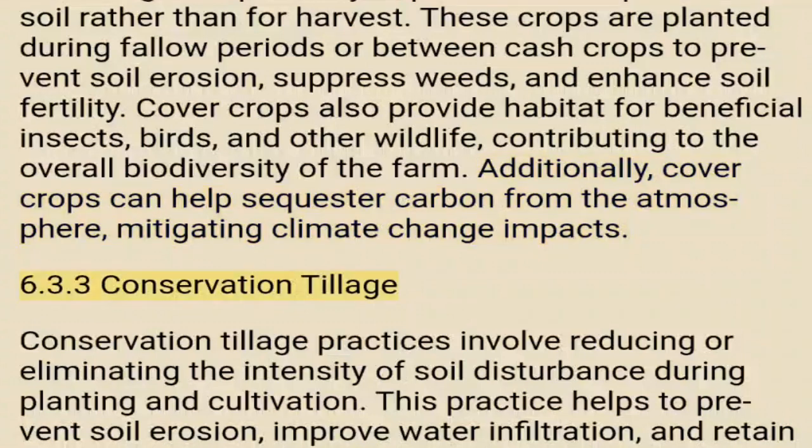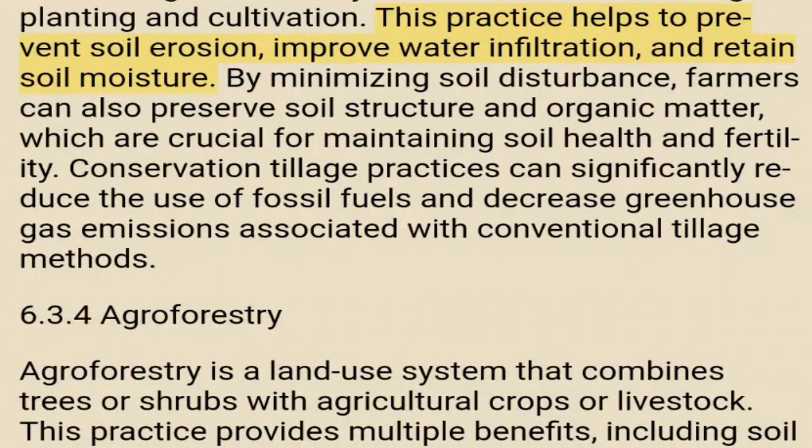6.3.3 Conservation tillage. Conservation tillage practices involve reducing or eliminating the intensity of soil disturbance during planting and cultivation. This practice helps to prevent soil erosion, improve water infiltration, and retain soil moisture. By minimizing soil disturbance, farmers can also preserve soil structure and organic matter, which are crucial for maintaining soil health and fertility. Conservation tillage practices can significantly reduce the use of fossil fuels and decrease greenhouse gas emissions associated with